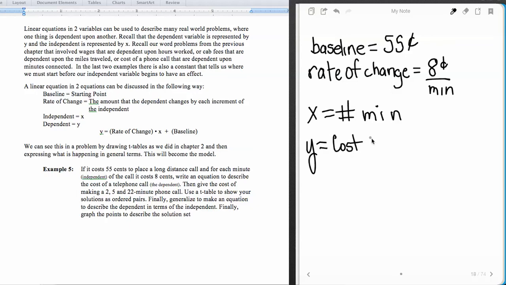And we're going to put that together as the baseline charge, and then we're going to have plus, and then I'm just going to call it rate of change, R of C, and then that's going to get multiplied by the